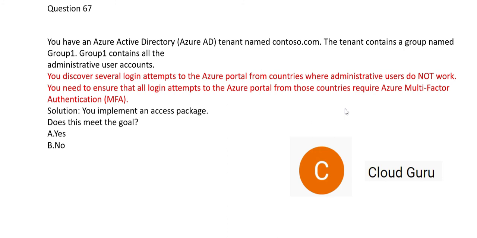Usually what happens is if the admin users are in USA, they can just enter their username and password. That's it, and they will access the portal. But if someone from Romania is accessing the portal, they will have to first enter username and password. They will press enter. Then they will get a code, the multi-factor authentication code. There is an app. That is one form of MFA.